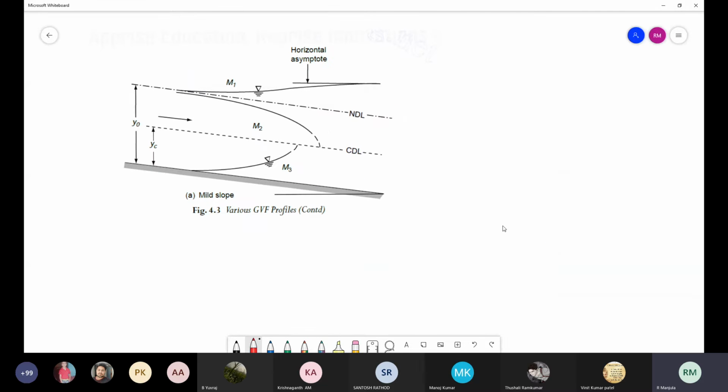You can see the profile now. Normal depth line, critical depth line. What are the depths of normal depth line and critical depth line? So for the given problem,